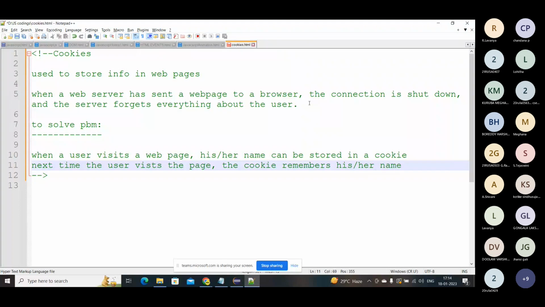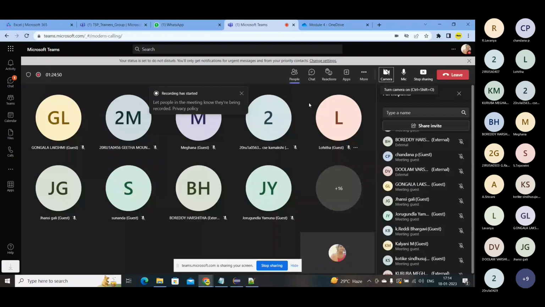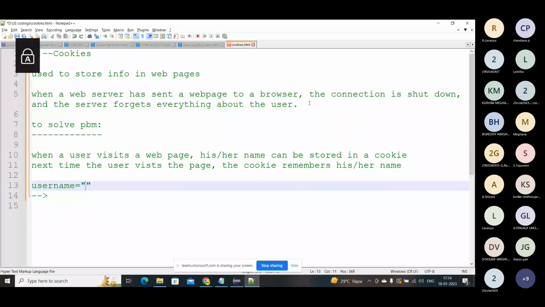So how was it storing and how can we do this? For example, I'm giving username equals to, so I can give a name.